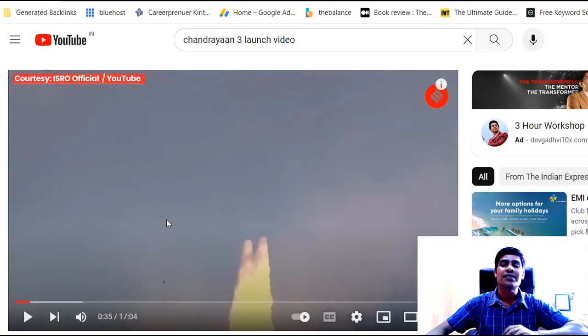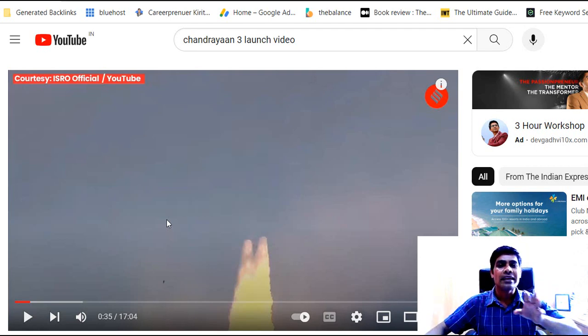Right, so we can see that this rocket is going ahead and ahead and ahead, and after 1 and 2 and 3, right? So these are basically 3 different stages, right, that the speaker will talk about.